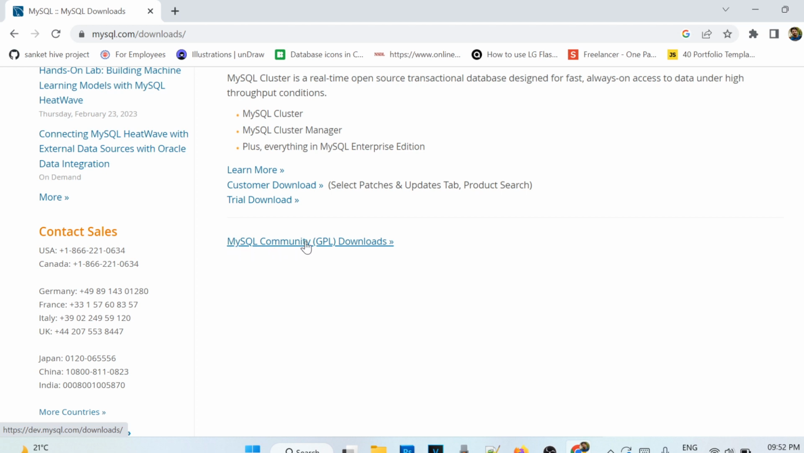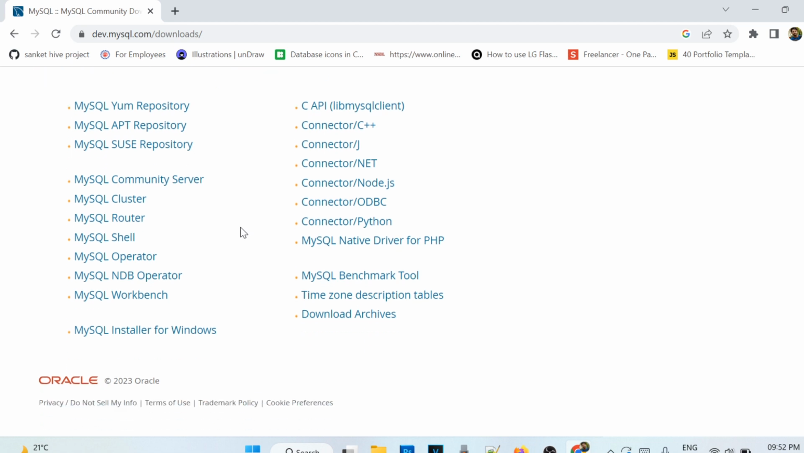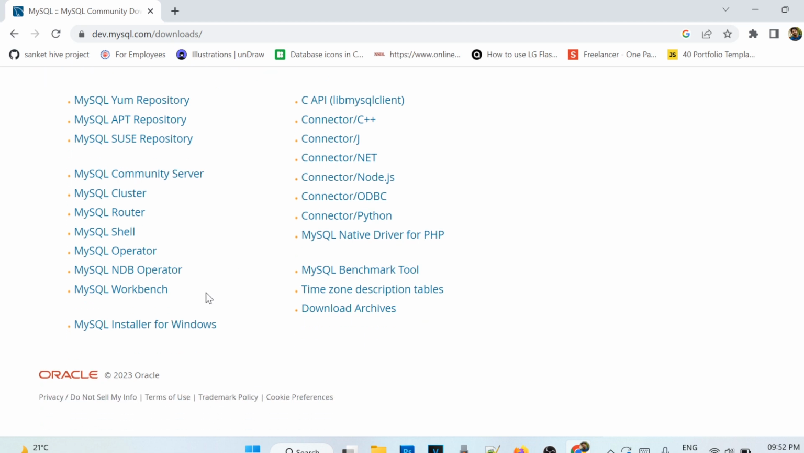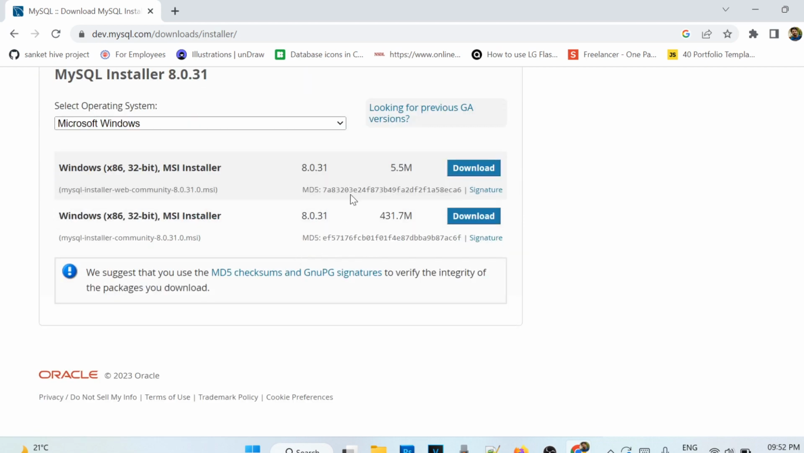So this is the MySQL Community version. We want to install this community version. Click on that. Then you see the last option, MySQL Installer for Windows. Now you'll see all these options. If you are not using a Windows system, you can select that operating system. But for me it is Microsoft Windows, so I will select it and